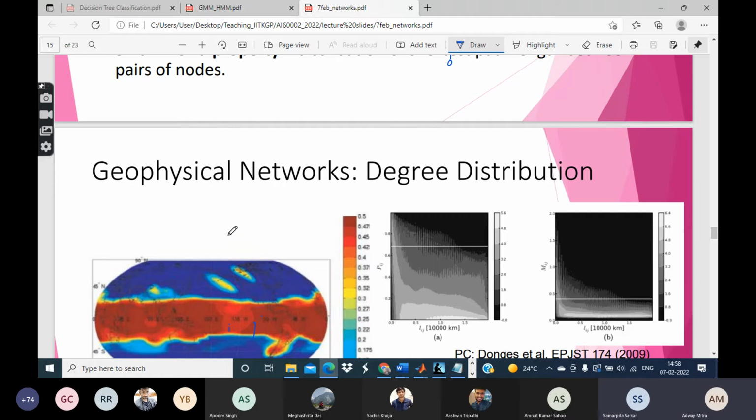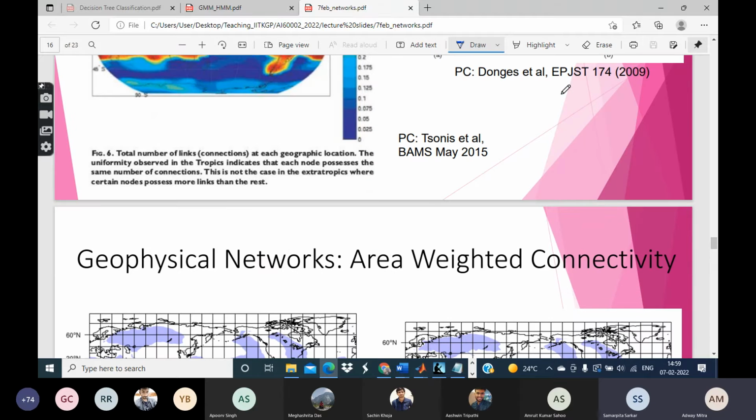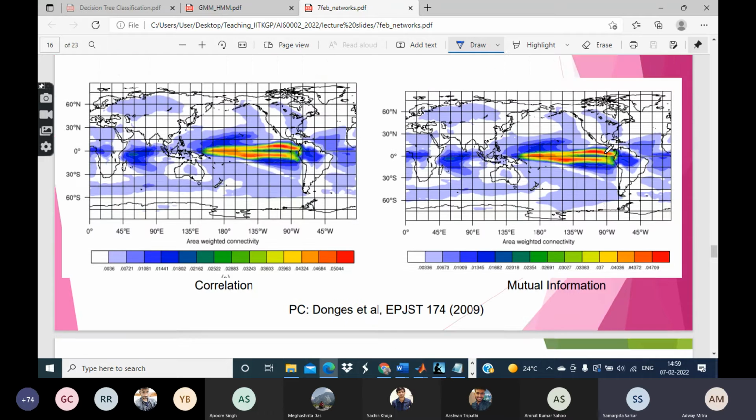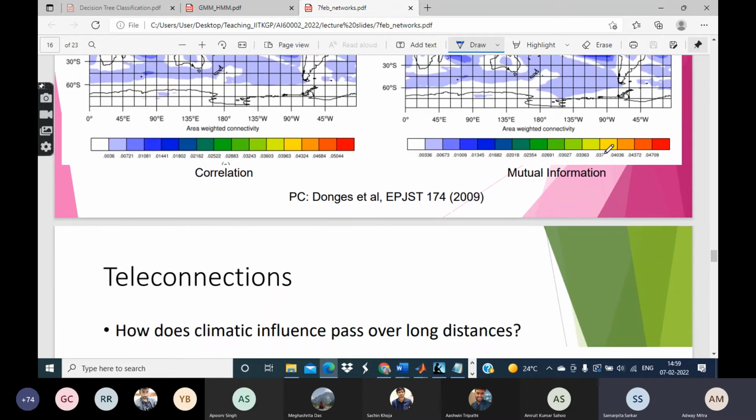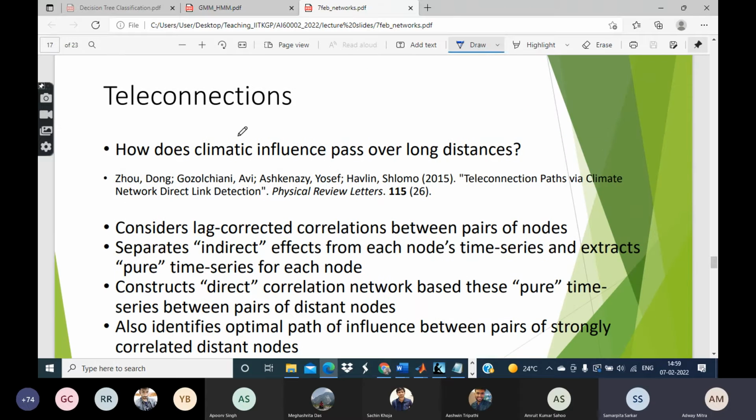So basically a path is a sequence of edges like this, along which influences can travel. Given this kind of network, you can study teleconnections by tracing different edges and identifying paths like this, along which two variables located quite far apart from each other can influence each other through a chain of events, each step of which